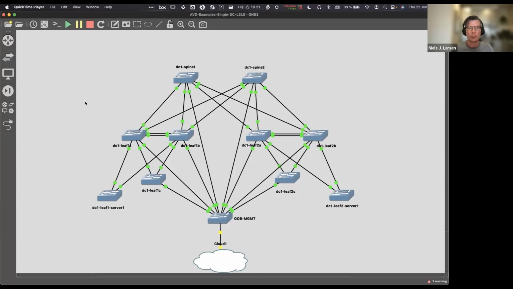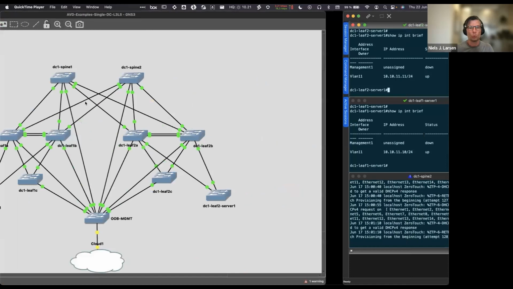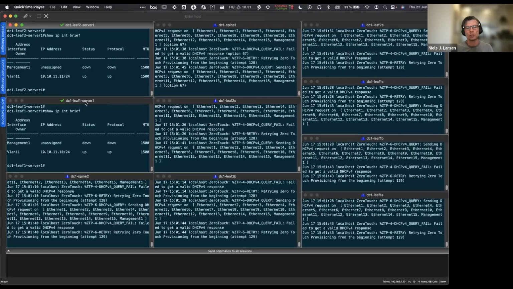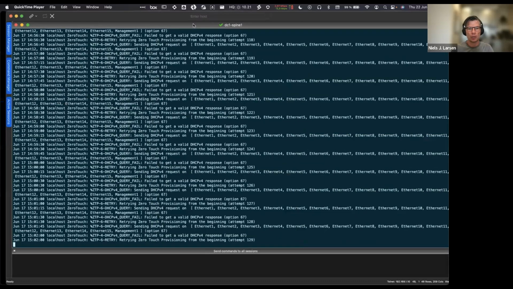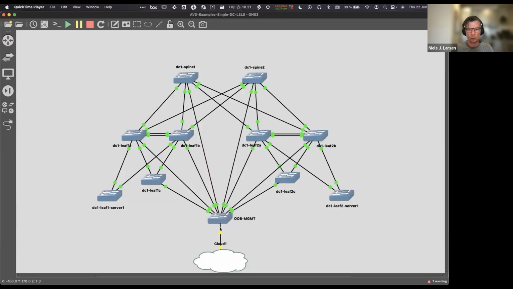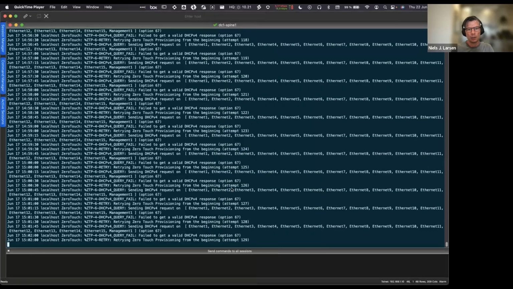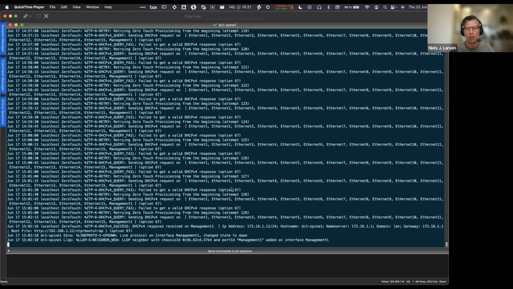What will happen is, when we're not doing anything and the switches are just powered up, they will continuously request a DHCP address, as you can see the spine doing here. When I enable the management interface, we enable connectivity back to the DHCP server and to CloudVision.